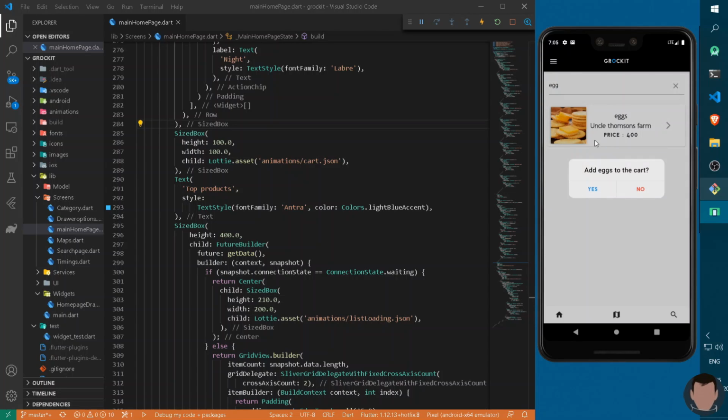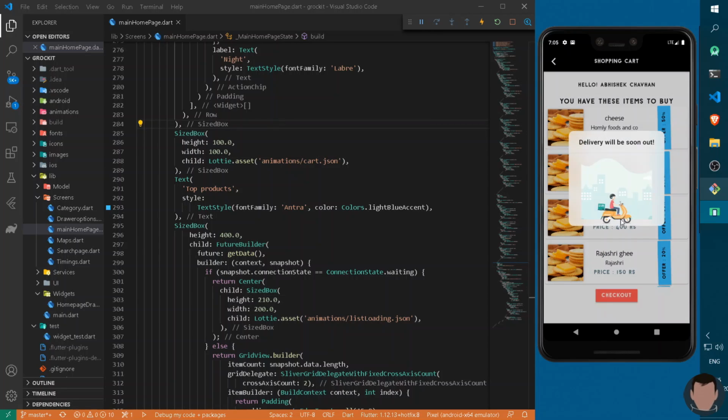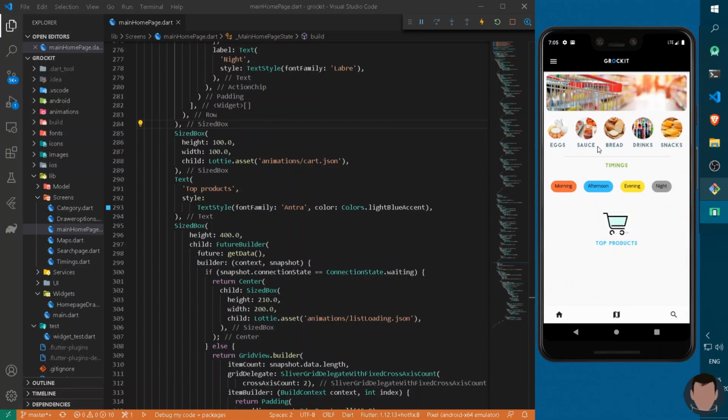Okay, I will buy an egg and add to cart, and if I check my cart, I can buy these items. Okay, cool. So I will see you in the next one. Till then, implement all the code once. Now if you have any queries, you can kindly comment down. I will try to answer all of your questions.